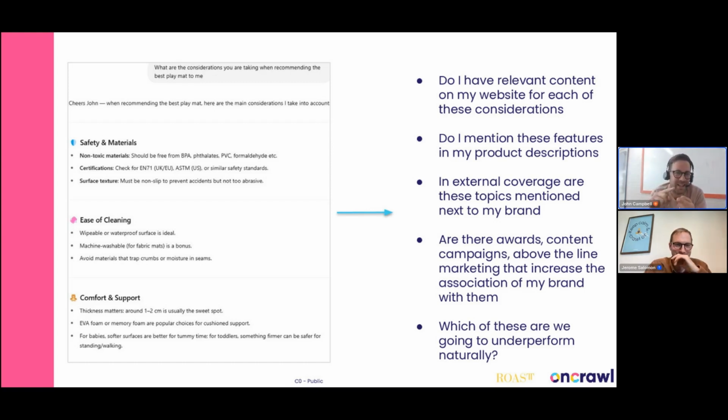So it's saying, okay, when recommending a playmat to anybody, it thinks about safety materials, ease of cleaning, comfort, and support. So it gave me a huge list of these things. So then for each one of those bullet points, I'm thinking, do I have relevant content on my website for each of these? My product description, which gets aggregated around the internet quite a lot, is it mentioned in that product description? When I go out to get my external PR and coverage, am I including the fact that our